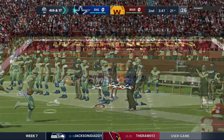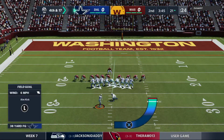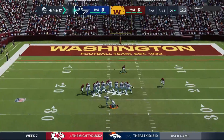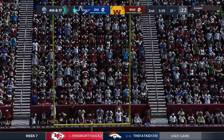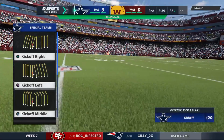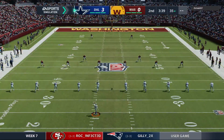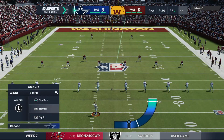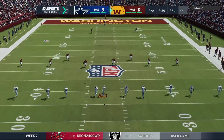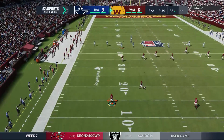4th down. Cowboys trot out Greg Zuerlein. On the left hash mark, this a 38-yard attempt. And Zuerlein's kick is good. And the Cowboys are going to jump out to a 3-0 lead. So still no touchdowns in the first half, but we do have some action on the scoreboard with the field goal. So maybe now the mentality changes in this game because...